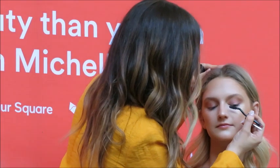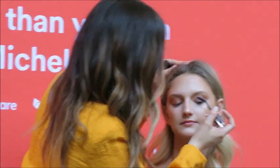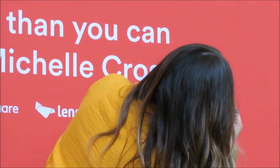Waterproof. But if you are a super smudgy girl, just stick with the waterproof. You don't need two mascaras in your kit if you don't need to. And you can always add a tiny bit of